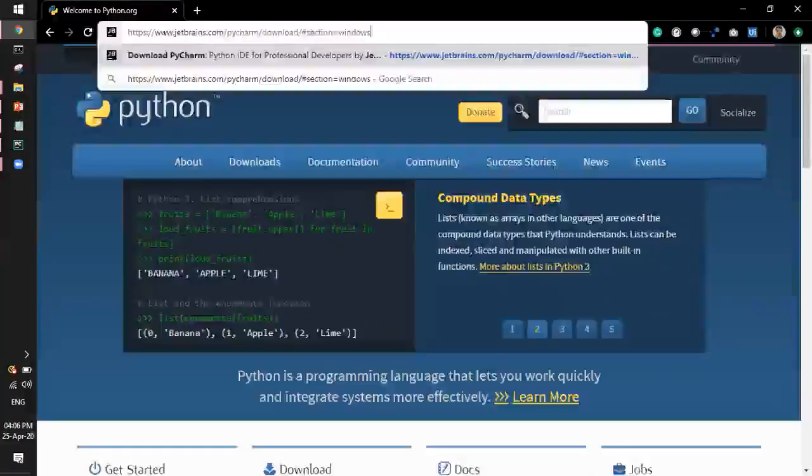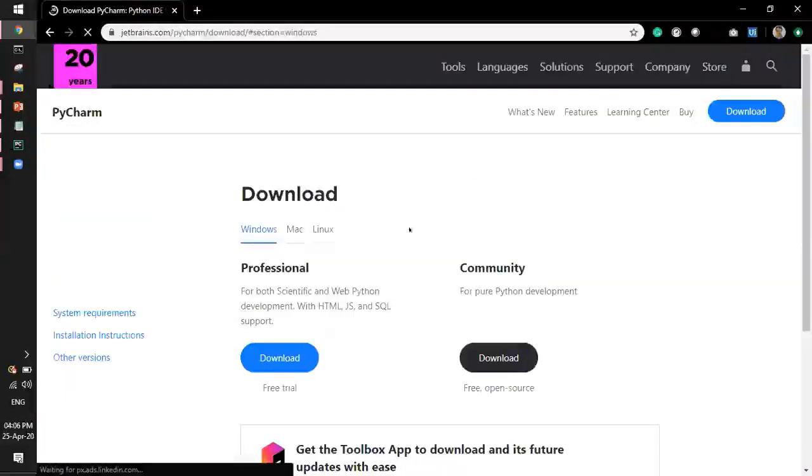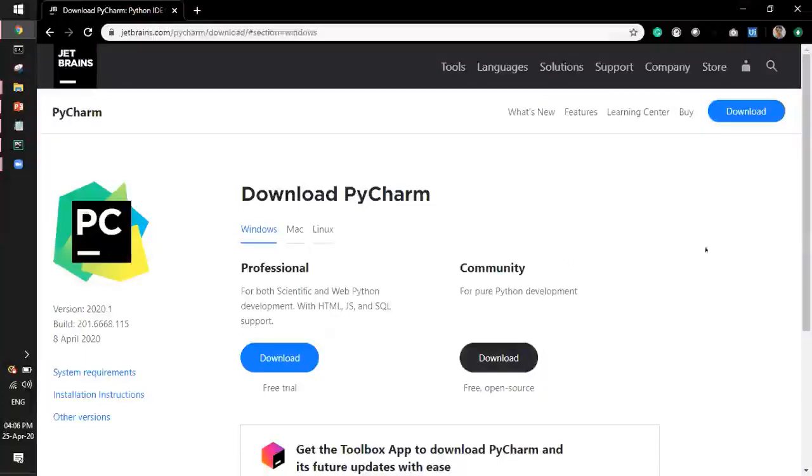We'll go to this URL, or you can simply Google search PyCharm download. You will see these two options to download. So go for the free trial and download the professional version. There is no such timeline limiting the free trial of this professional version; it is available for you all the time. Or you're always welcome to use the community version, but it needs a lot of other community support, which is why we go for the professional version.